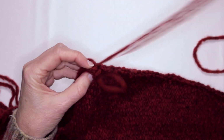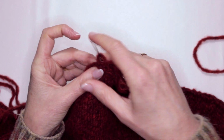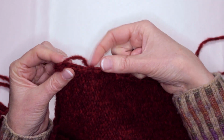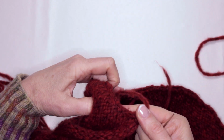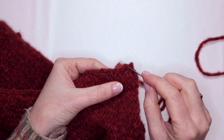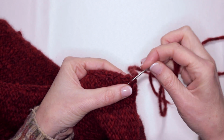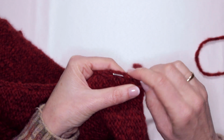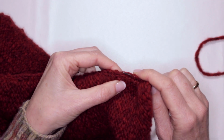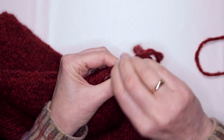Now, because I'm going to finish, I always make my sewing so that they're never ever going to come apart. So this time I'm going to now put my needle up through this hole, and that's like doing a knot. Okay, and now with the edge I'm going to darn it in, and I find it easier if I turn around on this side, and you can see my stitches. You may not see it here, but if you look at your work, your stitches will be going across like that. So now I'm just going to weave my end of my needle in, woven it in about that much. Pull it through,